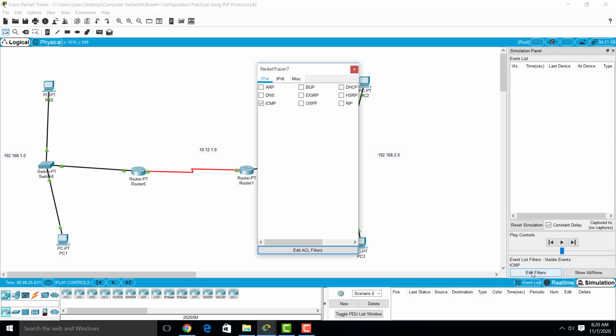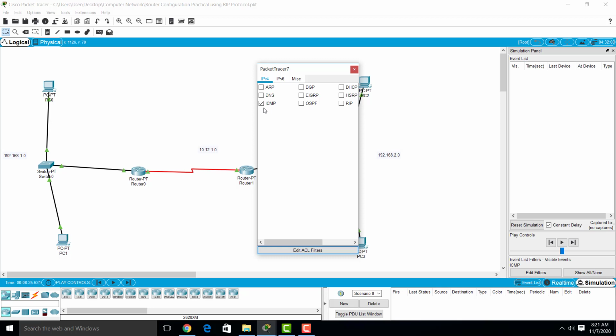Here you can see the different protocols available: ARP, Address Resolution Protocol, then ICMP, then DNS, OSPF, DHCP, Dynamic Host Configuration Protocol, and RIP, Routing Information Protocol. But today we have to see the ICMP protocol.